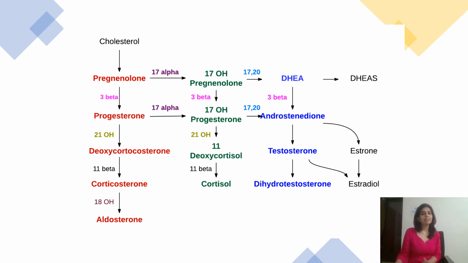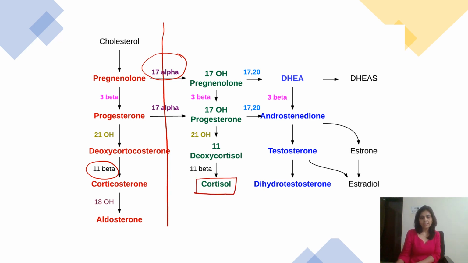Now to understand the other category of congenital adrenal hyperplasias, which are the hypertensive forms, you will have to know about two disorders. One is 17-alpha hydroxylase defect and the other one is 11-beta hydroxylase defect. First, let me tell you about 17-alpha hydroxylase defect. In 17-alpha hydroxylase defect, what is missing? One is cortisol and the other one is all these sex steroids.